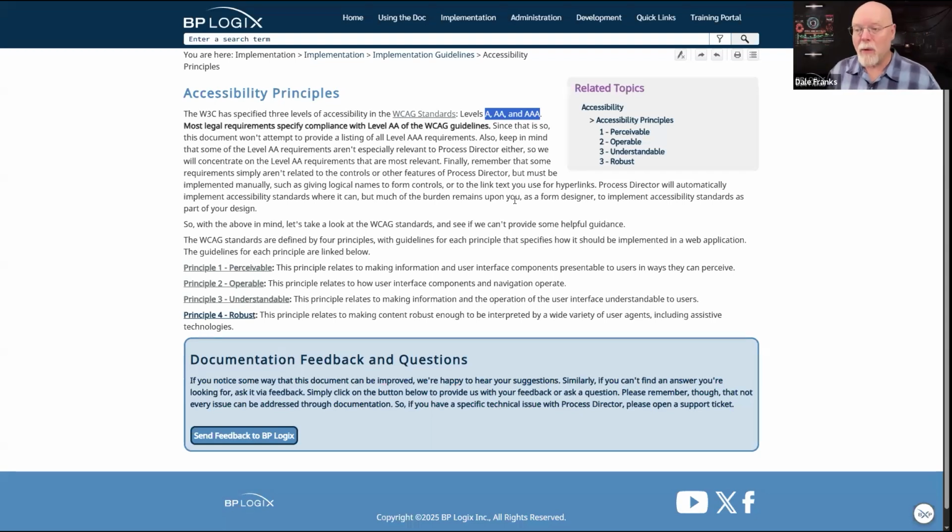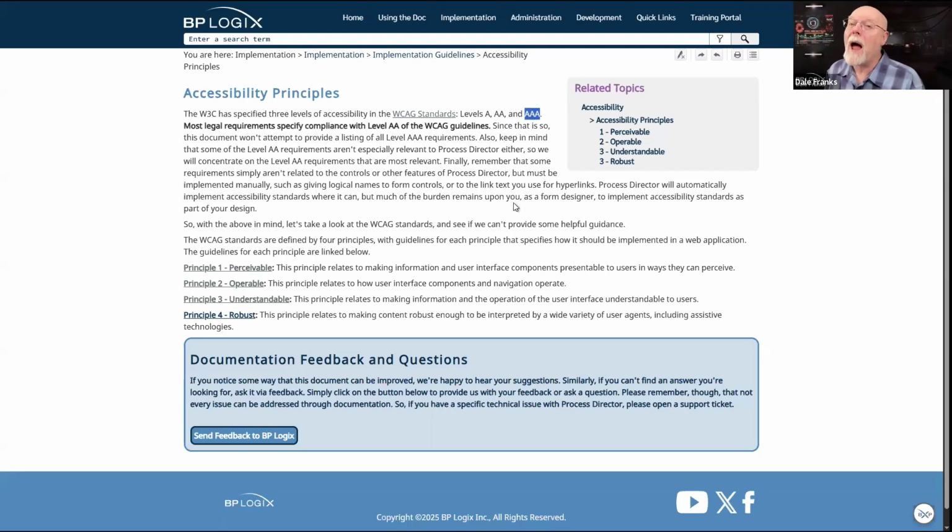However, I think we have to say in general that you are required legally in those jurisdictions where these legal requirements exist. Check your local jurisdiction to ensure. But in general, the legal requirements in North America are to comply with the AA standard of accessibility.